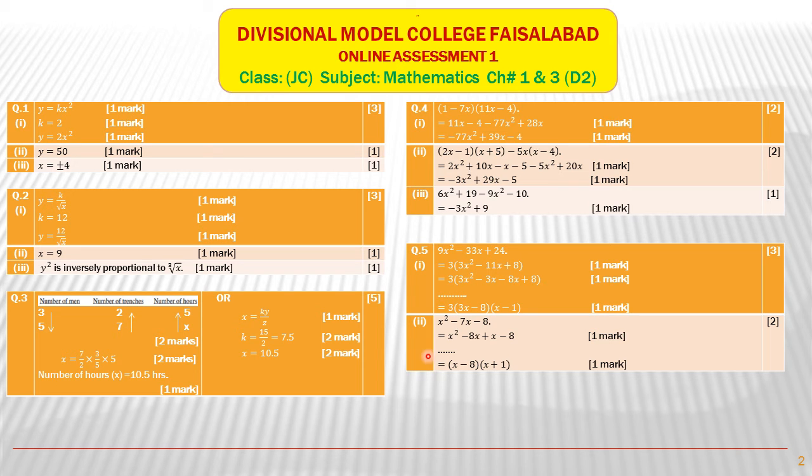In question number 5, there are 2 parts and you are asked to factorize completely. Look, in this expression, from all the terms we can take 3 common, and within bracket we get an expression, and we will factorize this. First we will multiply 8 by 3, we will get plus 24, and then we will find 2 factors such that their sum is minus 11 and their product is plus 24, and we will break this middle term by writing these 2 factors. Now in between there are steps. You will perform all those steps, and final factorization is this.